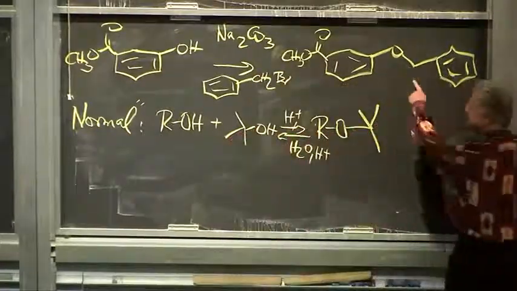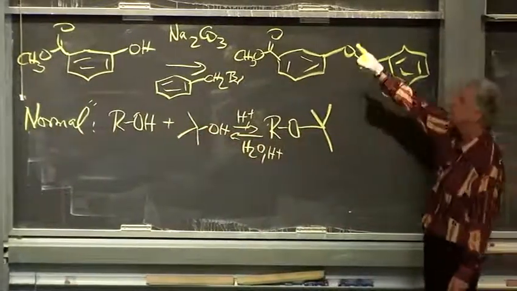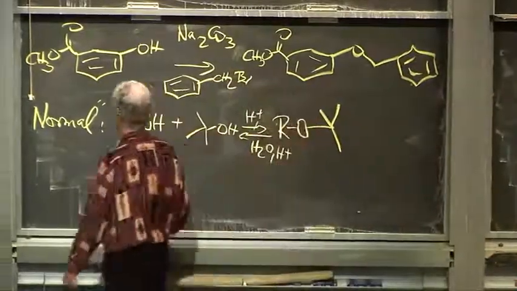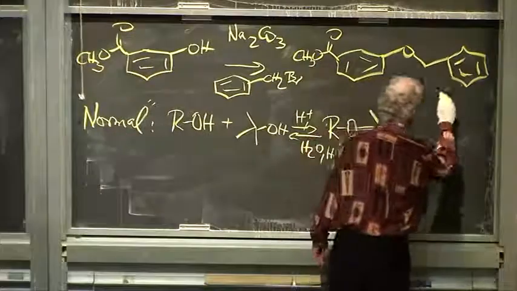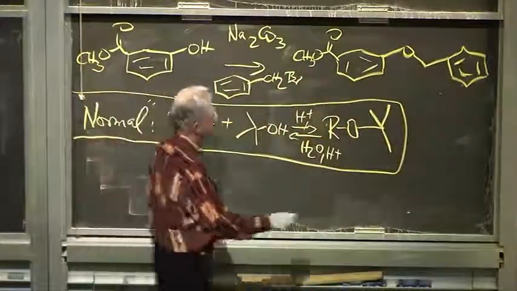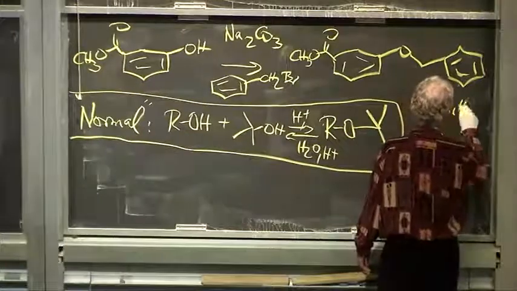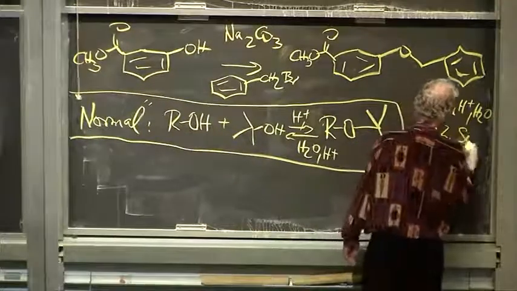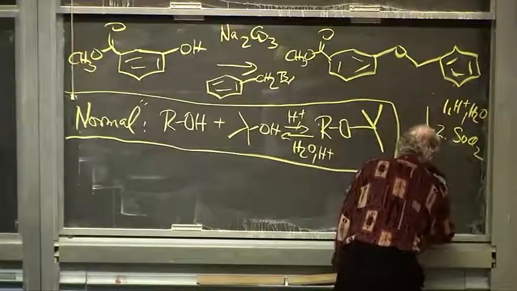That benzyl ether is stable to acid and base, and we remove it under conditions that won't touch the acetal. We remove it by catalytic hydrogenolysis. So the solution is to turn that into the acid chloride by hydrolysis of the ester, under which conditions this is stable, and then thionyl chloride. And that gives you the desired protected